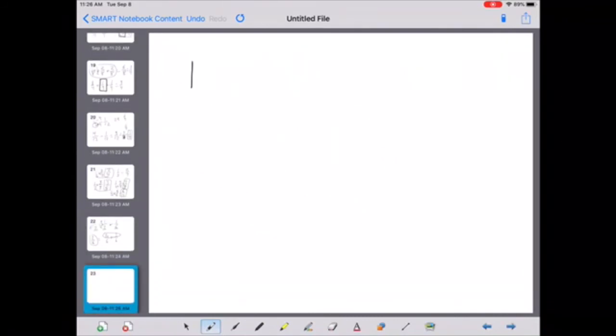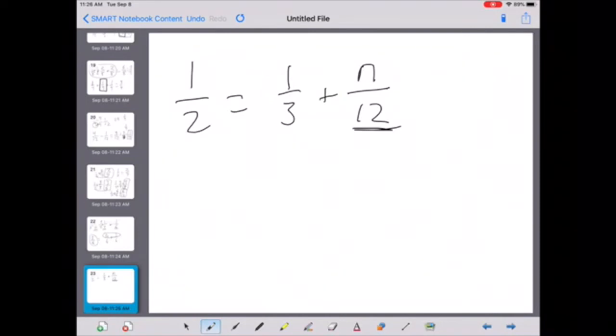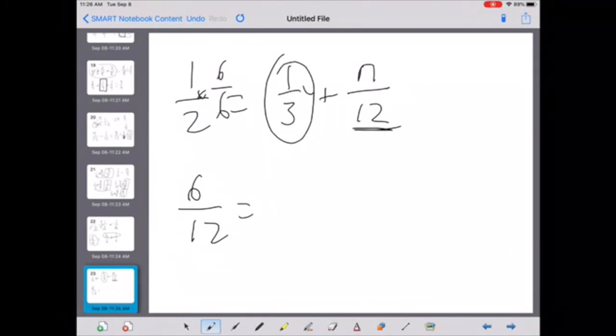So now I have to do math, guys. So I have my math problem. It says 1/2 equals an orange, which is 1/3, plus some blacks, and we don't know how many, guys. So plus, I don't know, I'm gonna put the letter N in there, but I know blacks are worth 1/12. Okay, so I have to find common denominators. That's 12. So how did I get from 2 to 12? I took it by 6 over 6. So 6/12 equals, how did I get this to 12? 4 over 4. That gives me 4/12 equals,